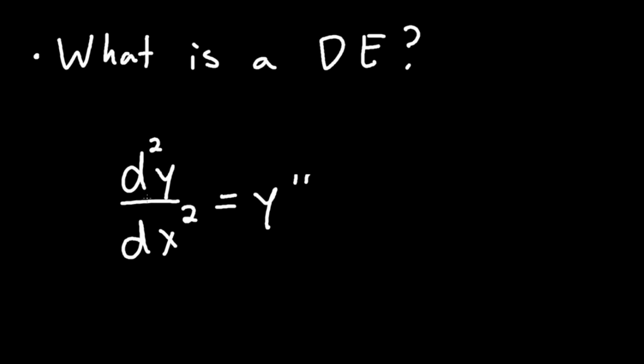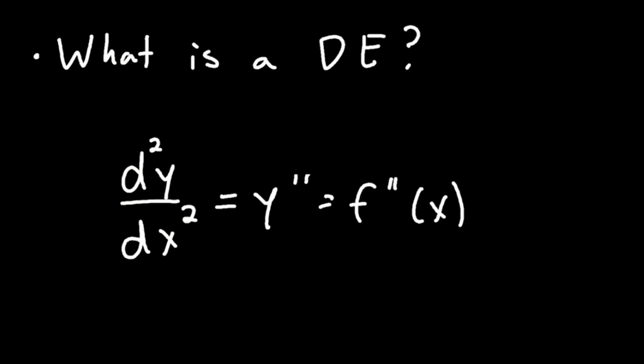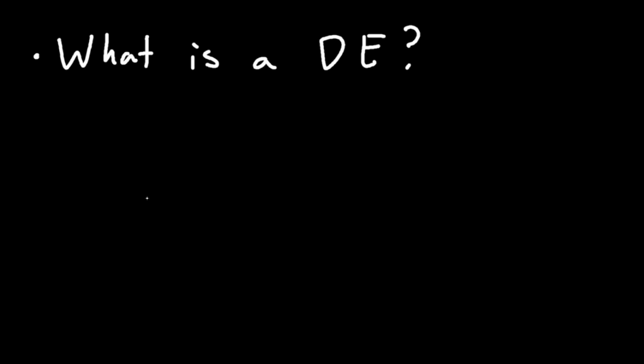Now, another way to write this instead of y double prime is also f double prime of x, right? Maybe you saw this in Calculus 1. You probably see it less in Calculus 3 because you're mostly taking partial derivatives. But this right here is a little bit of a refresher on the notation, okay? All 3 of these mean the same exact thing: just a second derivative with your function y, or f of x. Now, the reason why I point this out is because you're going to see differential equations